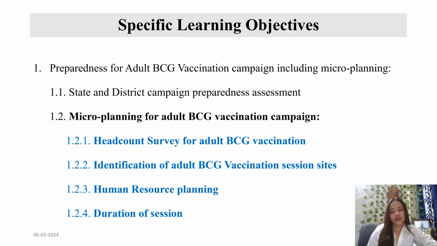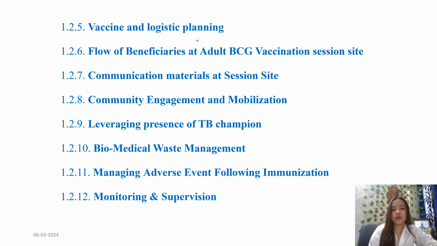By the end of this session, we will know how the preparedness for the adult BCG vaccination campaign will be done, and we will learn about microplanning in detail, starting from the headcount survey, then identification of the adult BCG vaccination session sites, how the human resource planning will be done, what will be the duration of session, vaccine and logistic planning, flow of beneficiaries at the adult BCG vaccination session site, what all communication materials will be needed